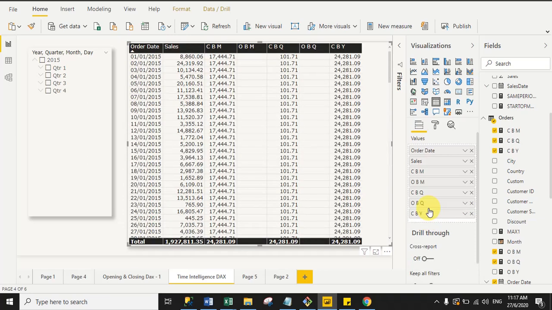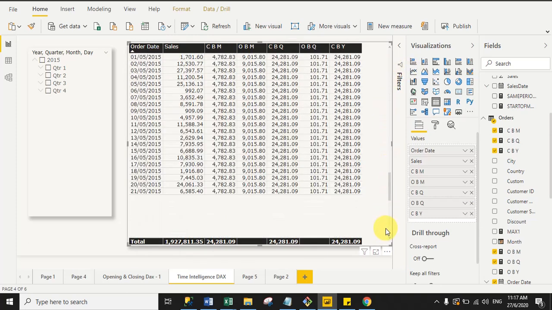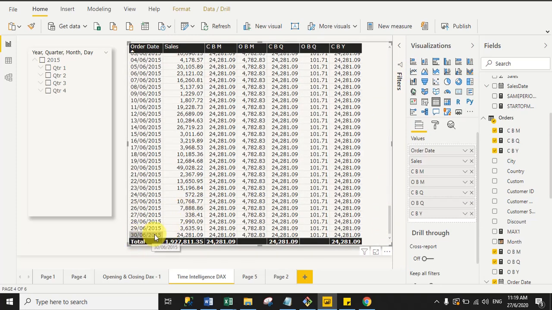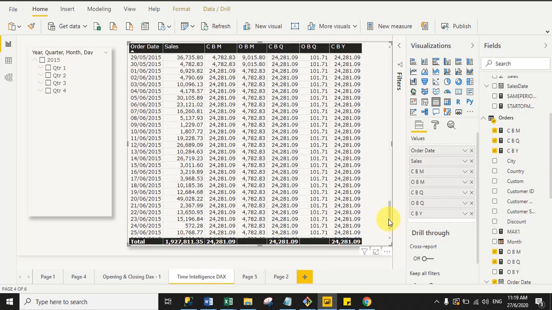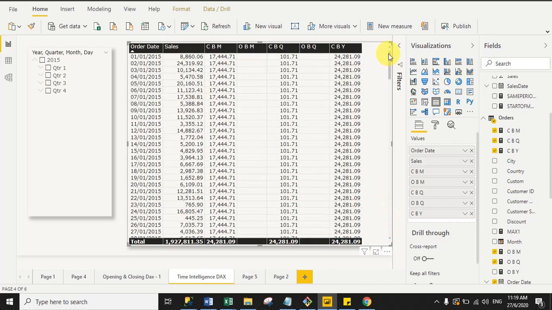And guys, if you notice here, I have only 2015 here, right? And if I go down, you can see here 30 June 2015 was my last sale day, and my sale was 24,281.01. So that's why it is returning the same sales value, right? So hope you clear how closing balance year is working here, right?